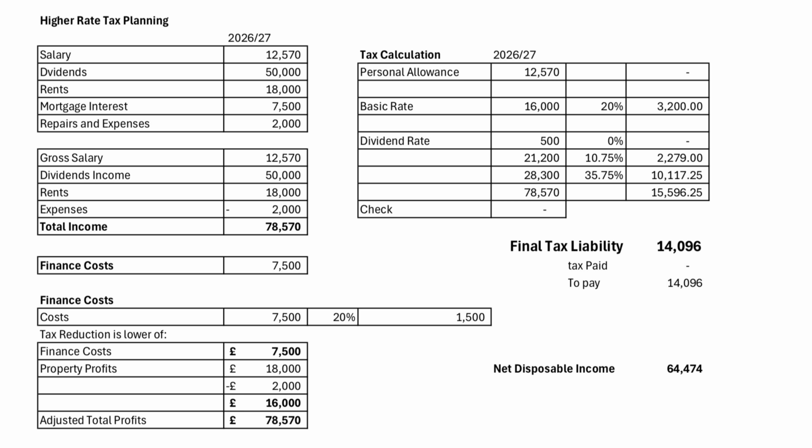Now, the rest of the dividend income that has not been taxed now, which is 28,300, will now be taxed at a 35.75% tax rate, which is 2% higher than it was before. So this gives us a tax charge of £10,117.25. Now, this is the bit where if you want to increase your dividends, this is where the additional tax charge will be. So if instead of 50,000 you wanted to add another 20,000 to take you up to 98,000 total income, then this would then give you the